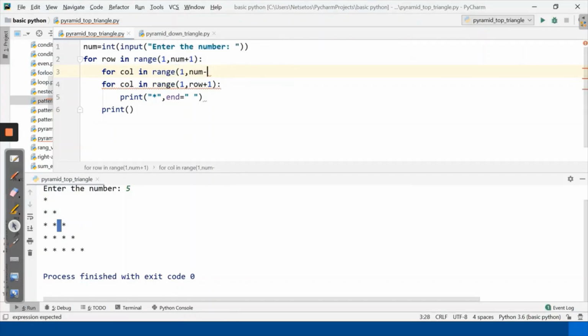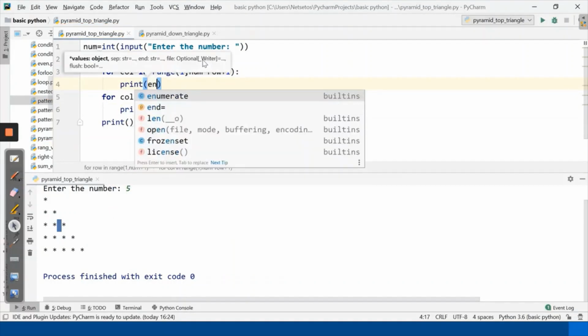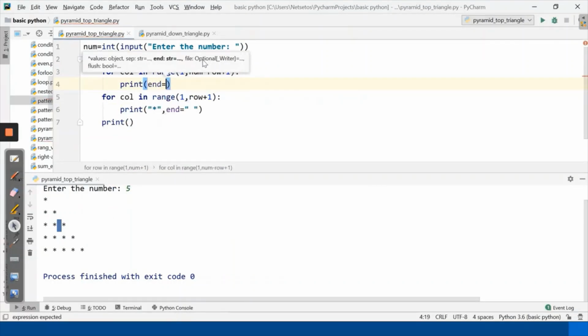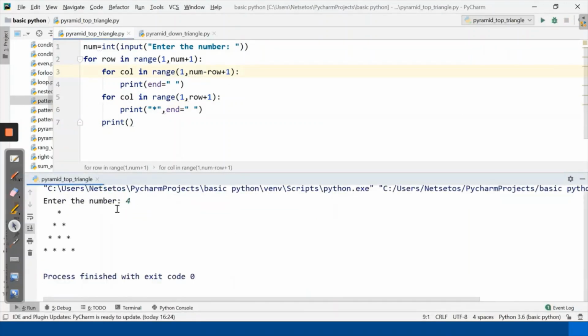I mean to say row plus 1. And here I'll print what I need to print, space between this and end. So here if I run this, I want, let's say 4. What I got? These 3 spaces.